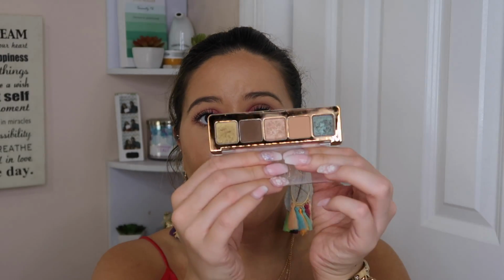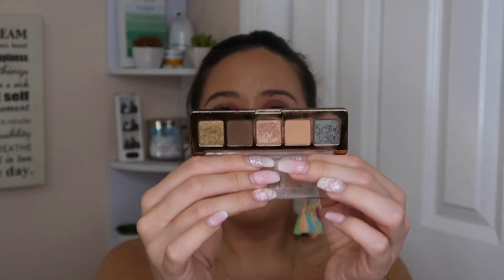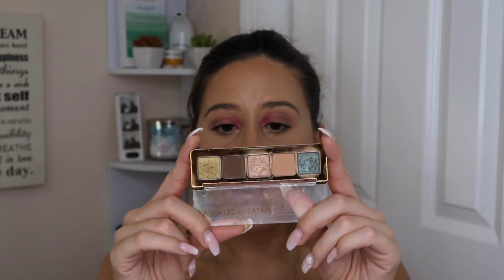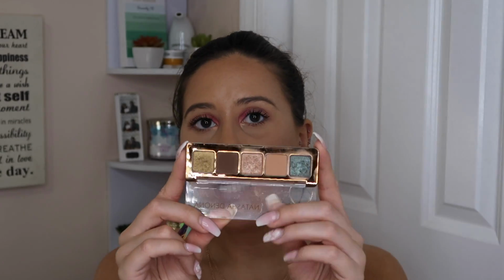So then what I'm going to jump into next are eyeshadow palettes. A favorite of mine that I was using a while ago and then just came right back to using again this month is the Natasha Denona Mini Star Palette. I love this. This is perfect for everyday wear. Literally, if you guys want a video of me doing my everyday makeup routine, like for work and stuff, let me know, because this is